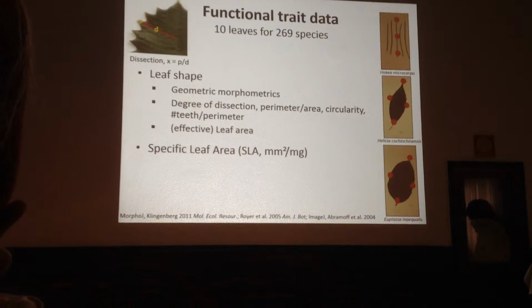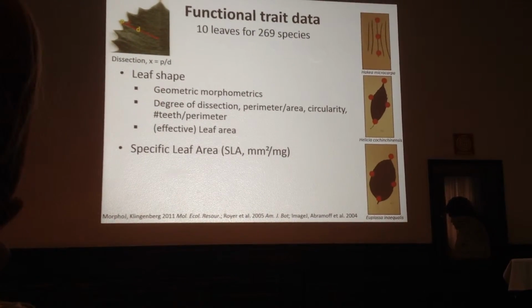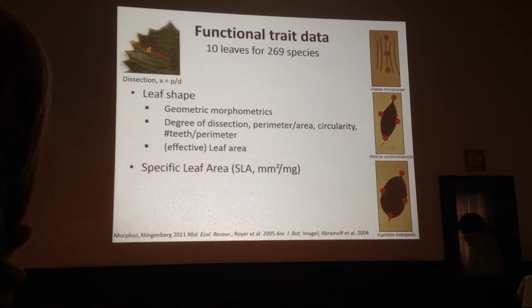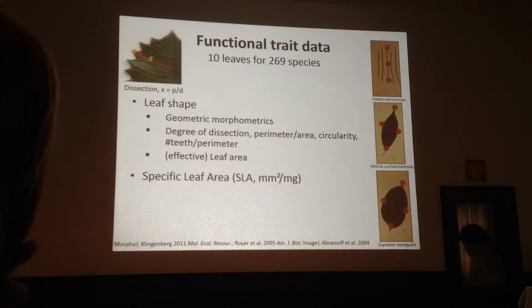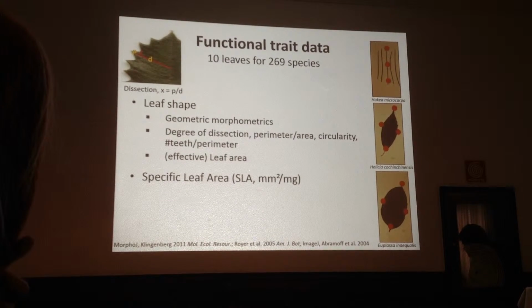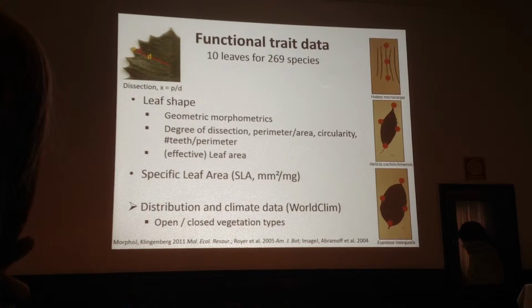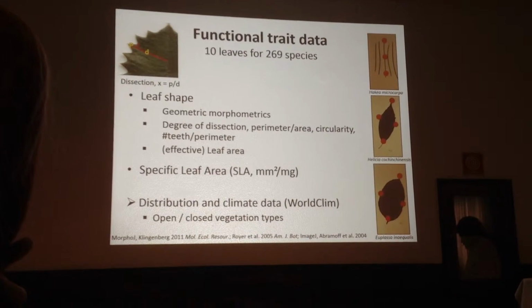We collected data on specific leaf area, which is the area of the leaf divided by its oven-dried weight. This is often a measure of how sclerophyllous or hardy the leaves are, and it's also related to other traits in the so-called leaf economic spectrum. In addition to the functional trait data, we collected distribution data and climatic data to determine the climatic tolerance